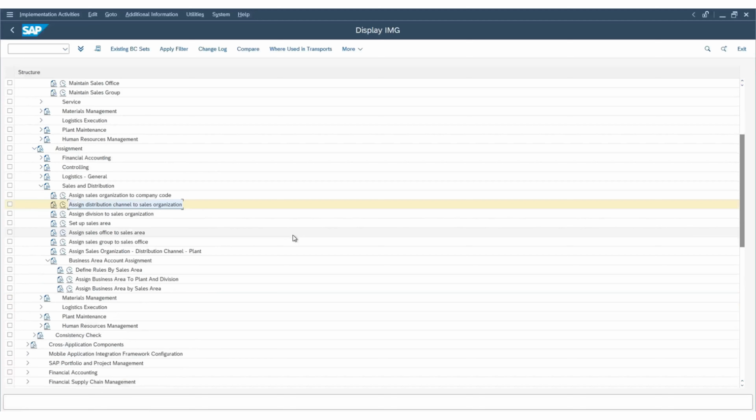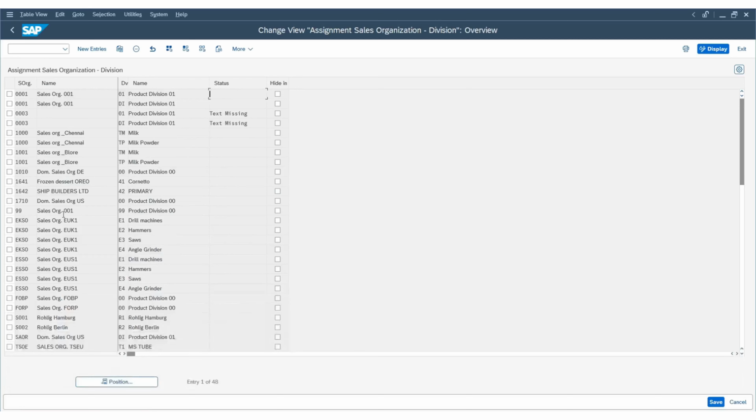The next activity, we will be assigning the divisions to the sales organization, continuing our configurations of the sales and distribution enterprise structure. Okay. Now execute the node, assign division to the sales organization, and you will be landed on the screen. Just as we did in the previous step, where we have assigned the distribution channels to the sales organization, now we will do the same for the divisions. Okay. Now click on new entries,